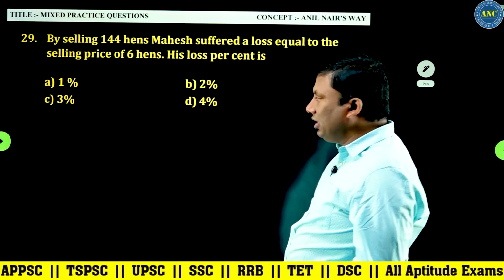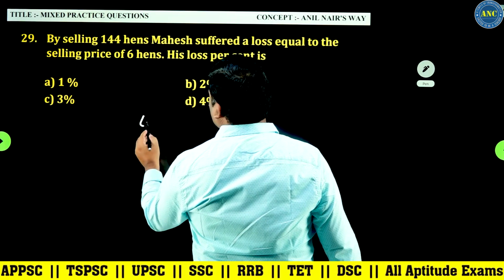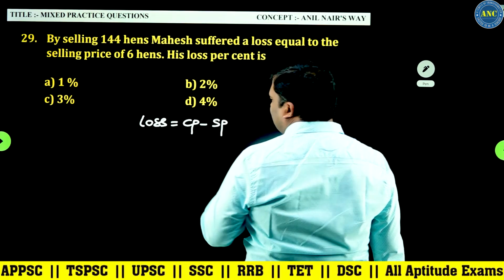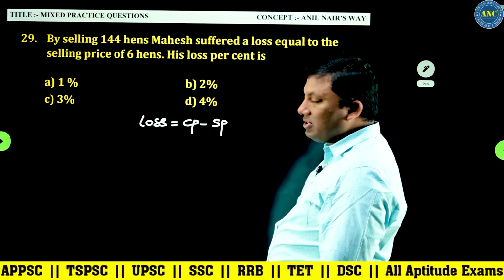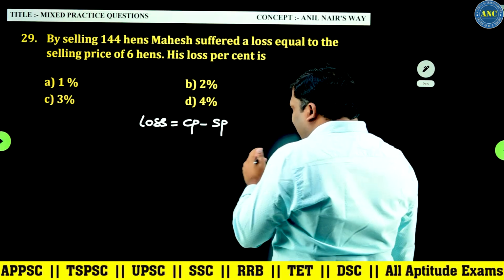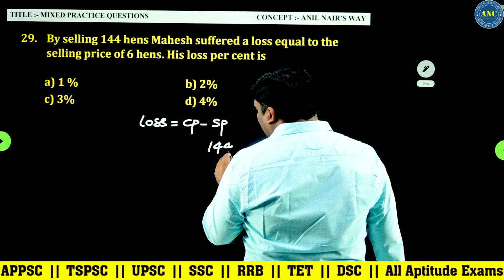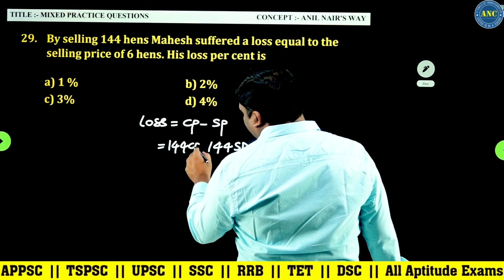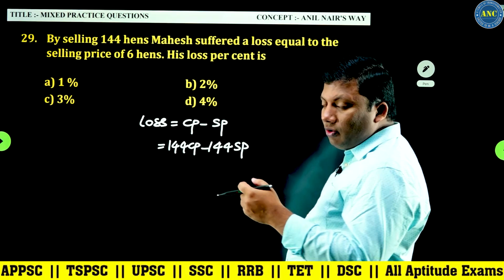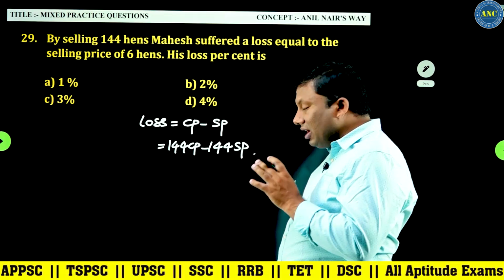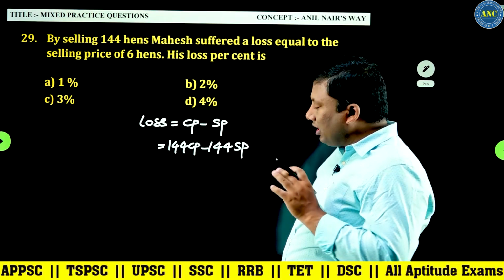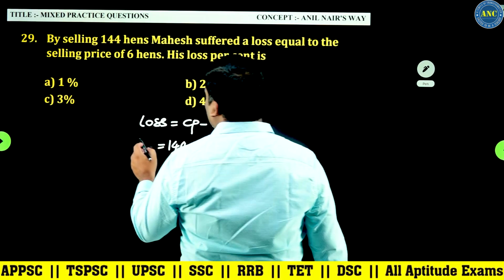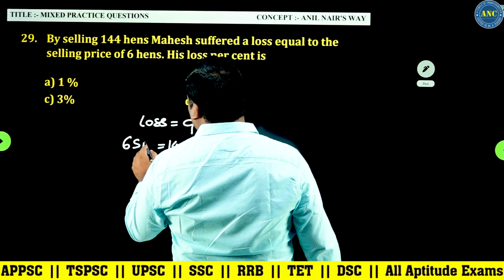By selling 144 hens, Mahesh suffered a loss. Loss is given by cost price minus selling price. How many hens is he selling? 144 hens he is selling. That means he must have invested for 144 hens. Then only he can sell them. He can sell only based on what he has. He is selling 144 hens, so he invested money on 144 hens, and the loss is equivalent to